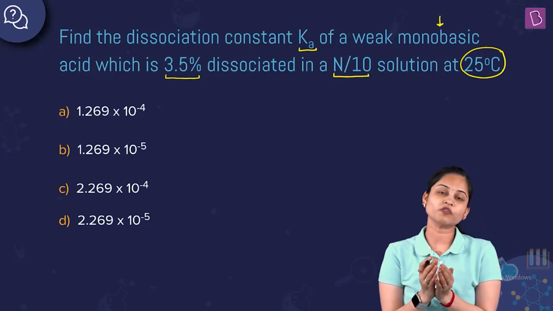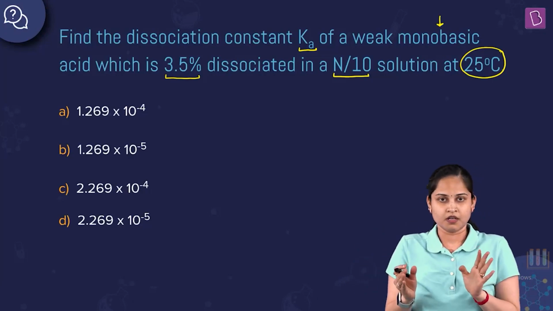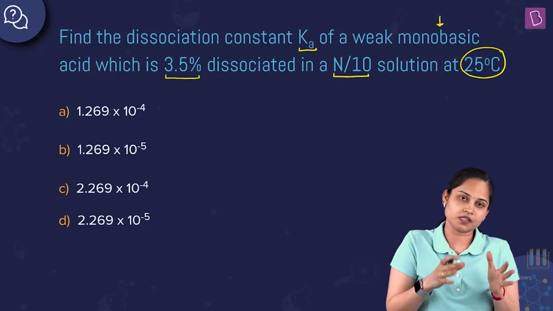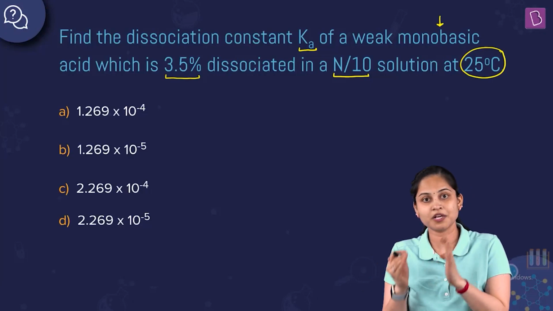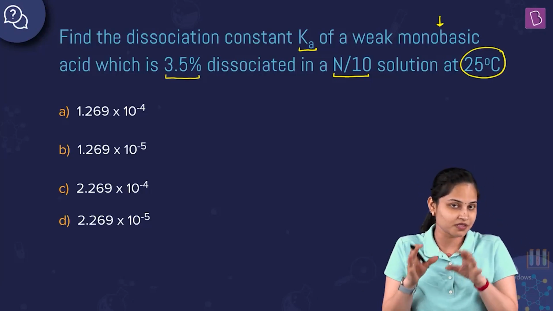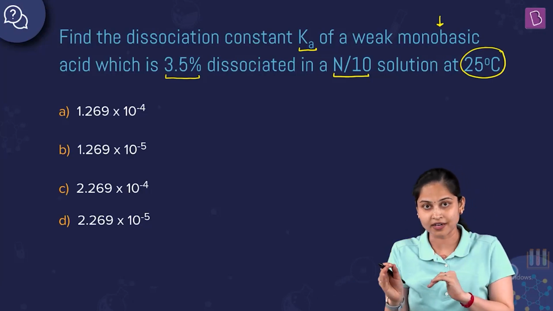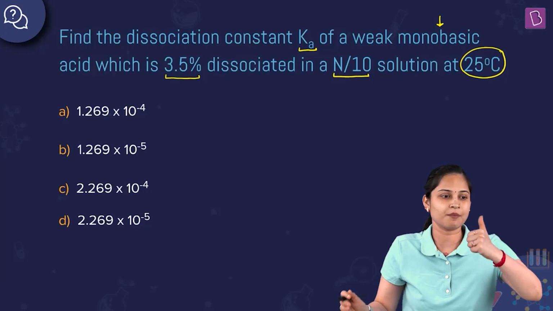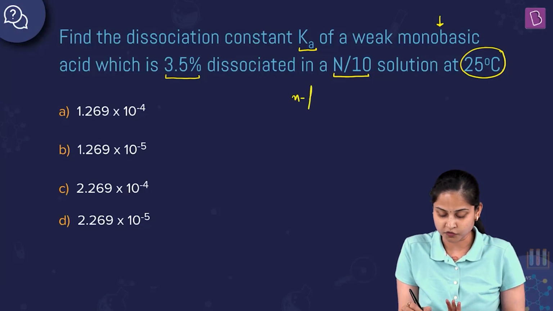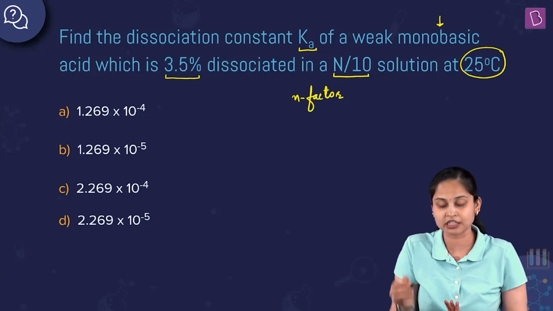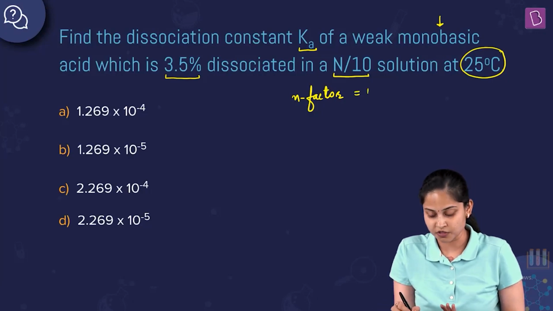So now it's a monobasic acid. What will be the N factor for a weak monobasic acid? The N factor for an acid is the number of replaceable H positive ions by 1 mole of the acid. Over here we are talking about a weak monobasic acid. That means the acid is not completely dissociated to give us H positive ion. Hence the N factor for a weak monobasic acid, for example boric acid, is 1. First of all, I want to talk about this because I will be converting the normality into molarity. So the N factor for a weak monobasic acid will be equal to 1.